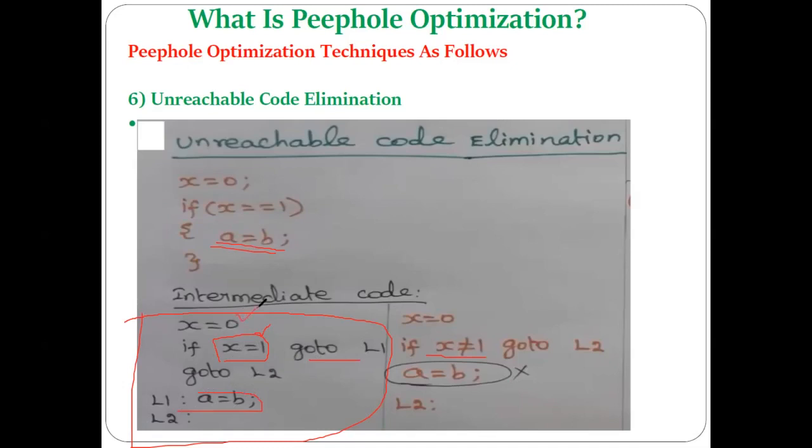But because you have declared here x is 0, this is never going to be true. So why should you not write it like this: if x not equal to 1, directly go to L2. So here you can see this unreachable code will get eliminated.